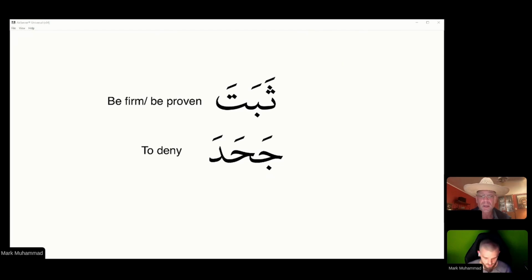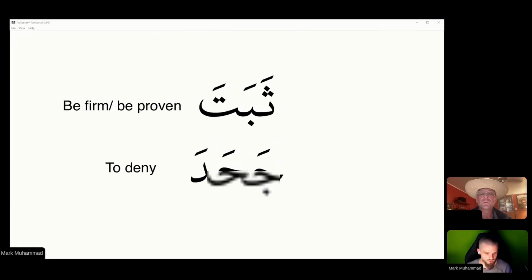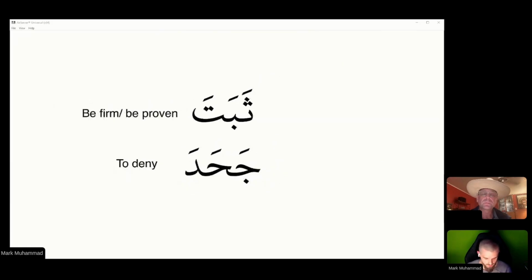In order to be able to read, we need to know what this symbol is, because otherwise we just have letters without vowels. If I take the pen and I cover up the vowel, then we know the letters, but we don't know what the word is. We don't know what the vowels are. So you either need to know what the vowels are by knowing the word itself, as in